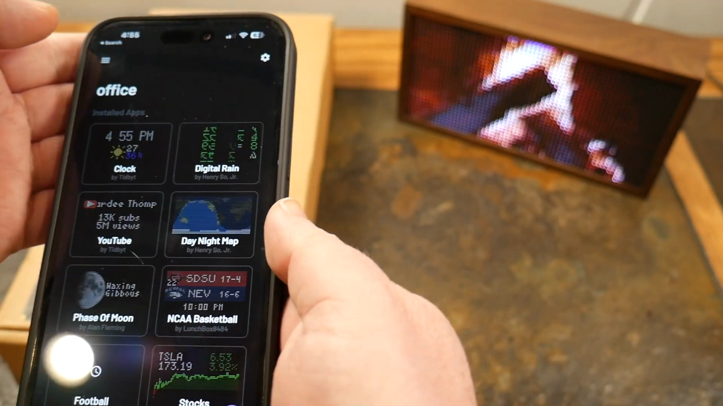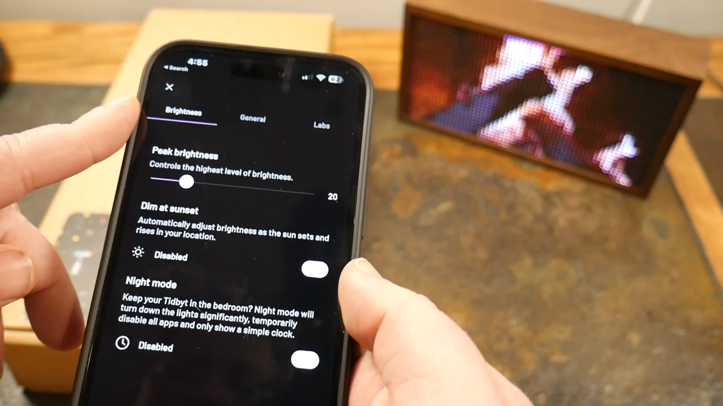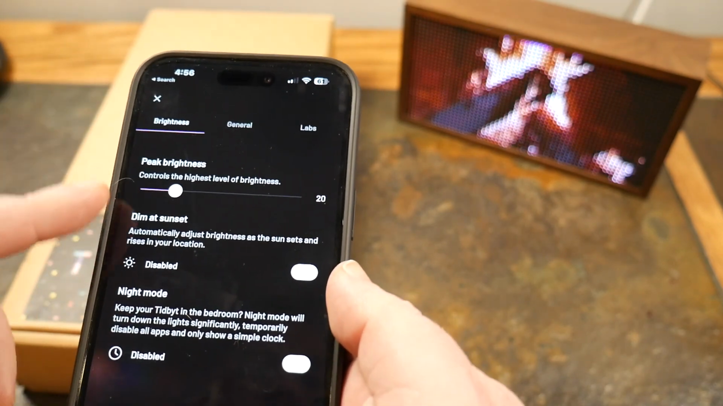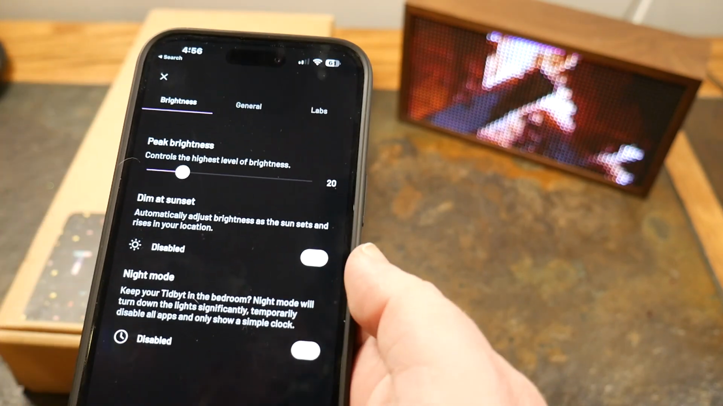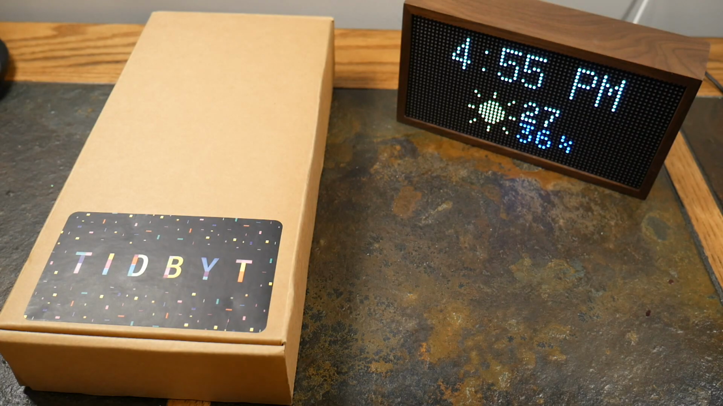So, very, very cool. Then once you have your app, you can literally come into settings. You can adjust the brightness, peak brightness, dim at sunset. So if you have it in your bedroom and you don't want it bright, you've got night mode. And your app cycle speed, all sorts of good stuff from the Tidbyt. So let's just look at some of them that I have